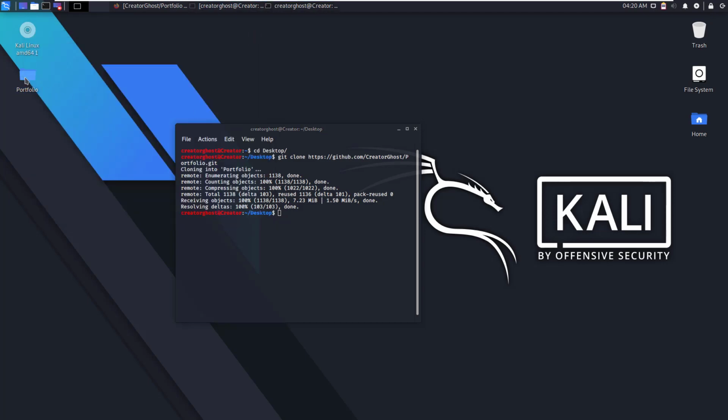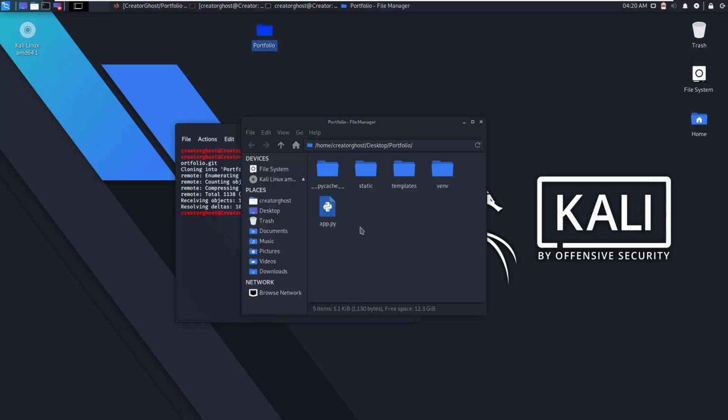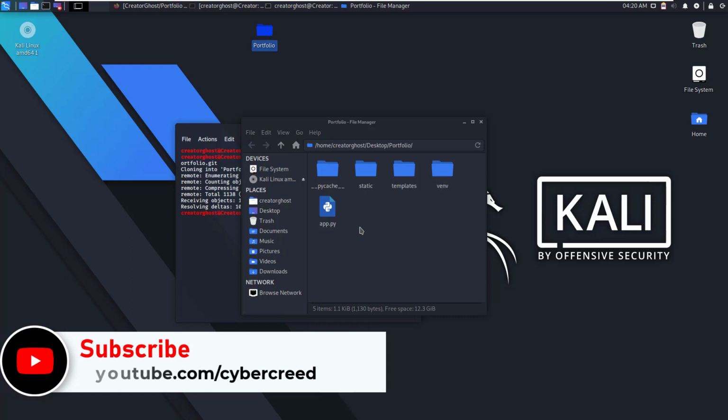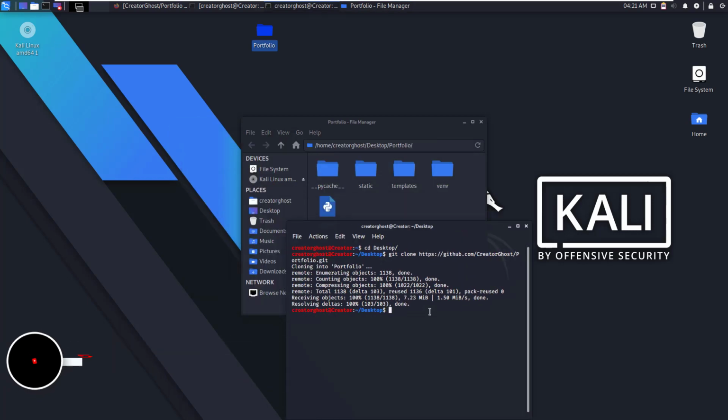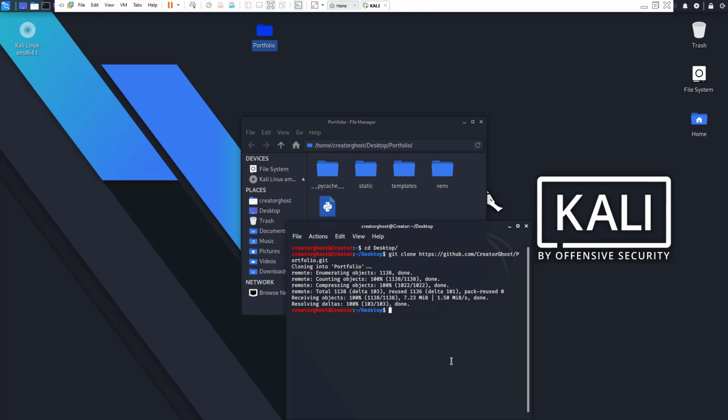As we can see here, this is our folder and here are the files that we have basically seen on our GitHub. So before starting, the first thing that you need to do is to basically test whether your program is going to work or not, because sometimes the code might be broken. And to get started with doing this project, there are some things that you need to install. So let me just quickly show you.